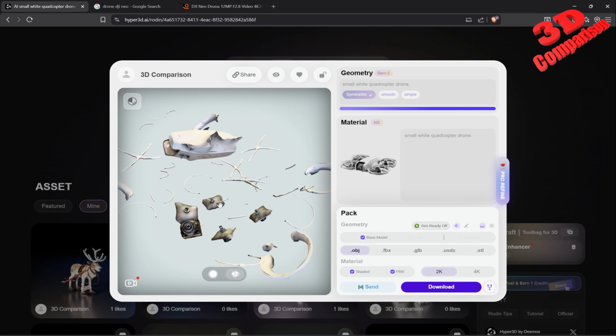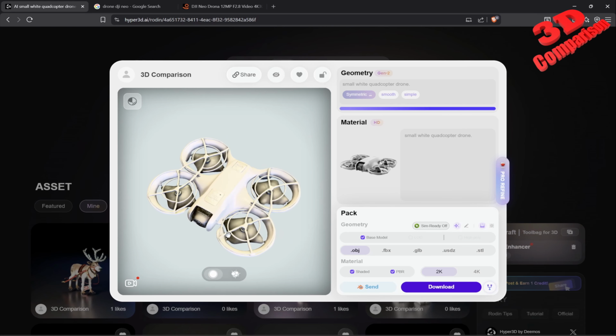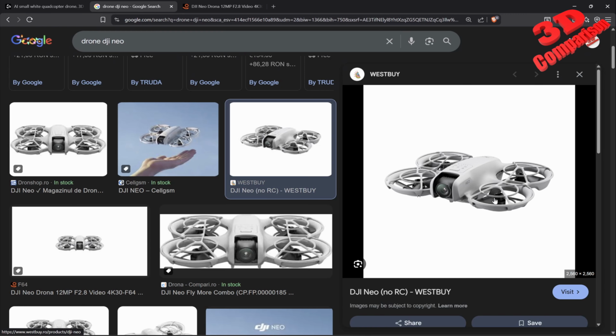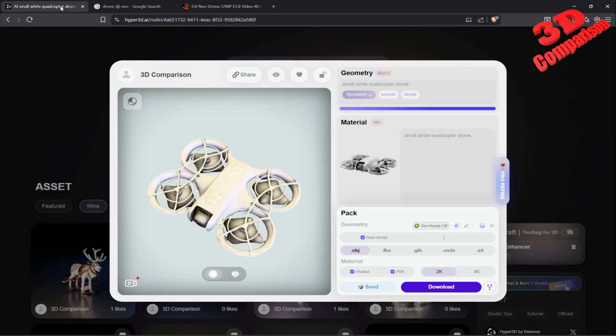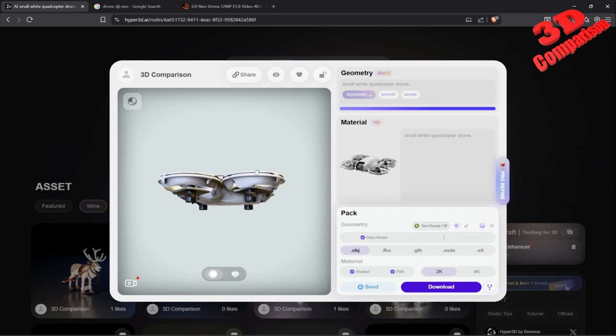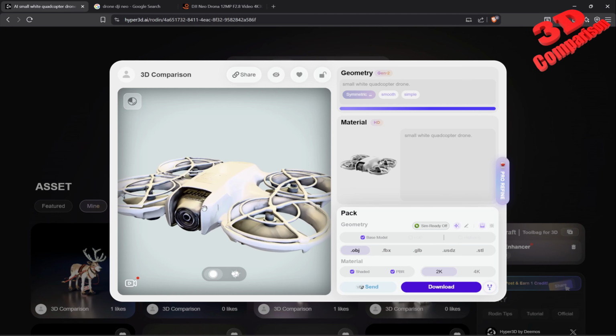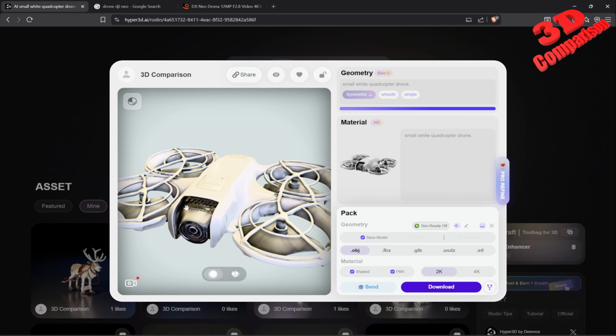Now, regarding the propellers over here, the overall shape is quite weird, as you can see. It will be like this. We see over here within the reference the shape of those propellers. But the overall shape of the drone is actually not that bad. If you take this into consideration, we're gonna see over here in the front, we're also gonna have that